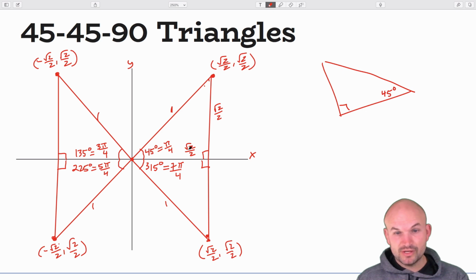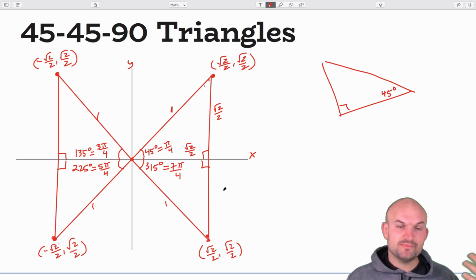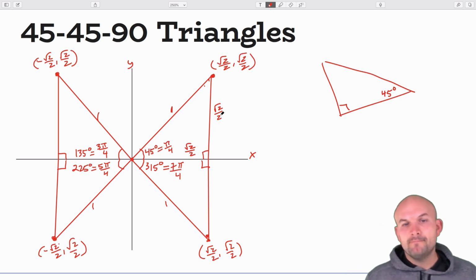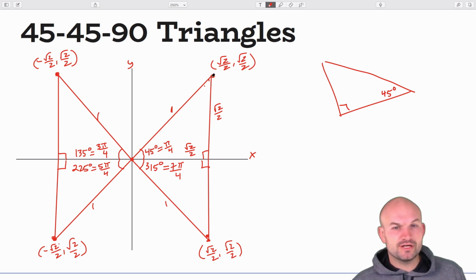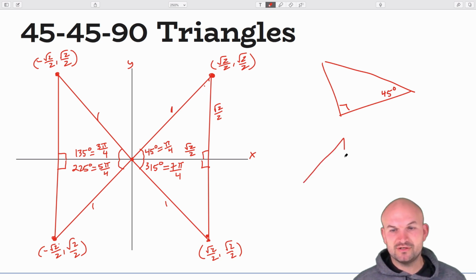The adjacent side is square root of 2 over 2, square root of 2 over 2, and 1. Now, obviously, if it's in the first quadrant, everything's going to be positive. But we could also think about this, well, it's on a coordinate grid. We could take this to be the coordinate point, square root of 2 over 2, comma, square root of 2 over 2, right? From the origin, you're going over square root of 2 over 2, and then up square root of 2 over 2. So again, this is that special triangle